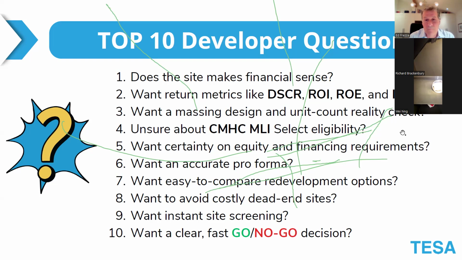Number 5, they want certainty on the equity and financing requirements. I just talked about net worth, but CMHC equally has requirements on liquidity, on equity, and what amount of equity you need to put in and leave in the deal until it's fully completed, construction completed, stabilized, and where they're now finally going to take you out with a permanent or takeout financing. So throughout the whole process, CMHC wants to see that you've got a minimum amount of skin in the game. And what is that, and how does it look like in terms of the dollar figure? People who want an accurate pro forma. We find that from clients who are very numbers oriented.